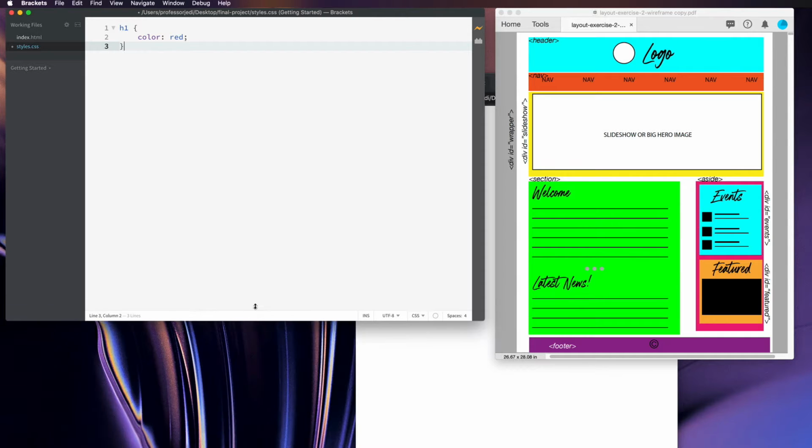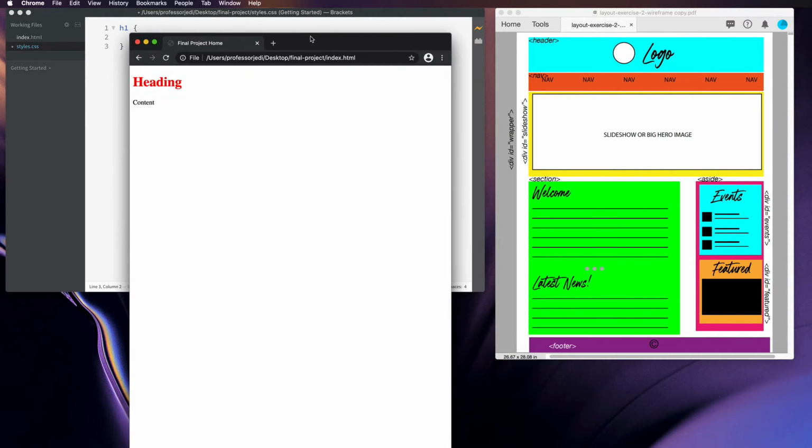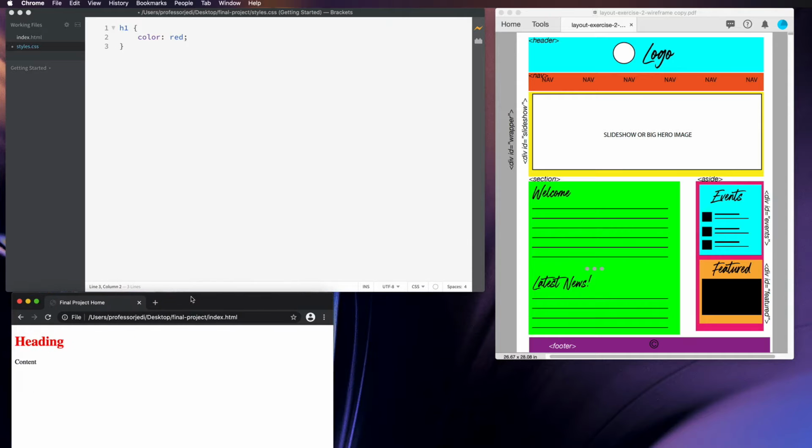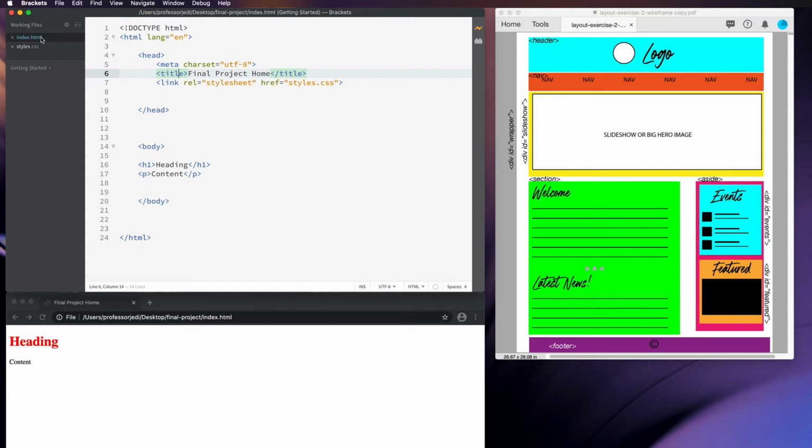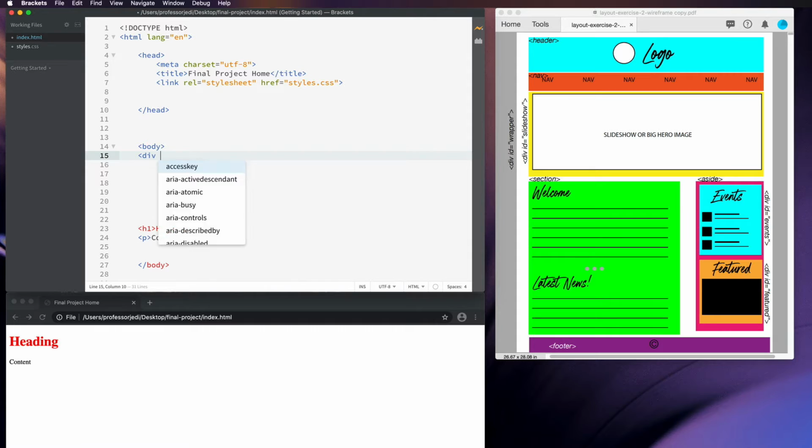So I'm going to go ahead and give myself a little bit of room so that you can see what we're working with. And we're going to start in HTML, and we're going to do it in this body. So I'm going to leave the heading 1 down there, and I'm just going to start working my way down. So the first thing I'm going to do is add the div with an ID of wrapper. So I'm going to type div ID equals wrapper, and it automatically closes, and I want everything in my site to go inside of these div